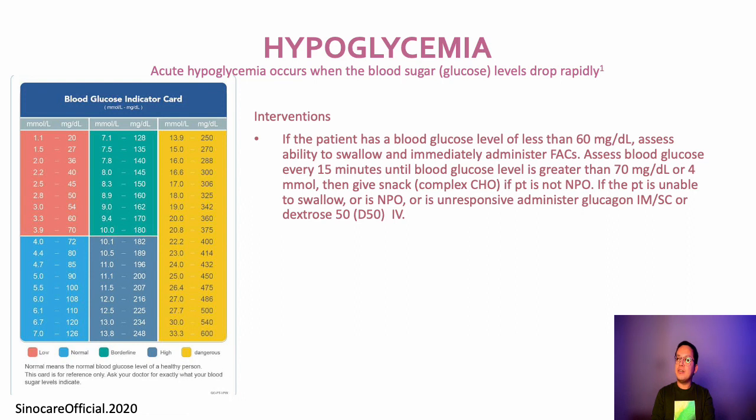Now, what are the interventions for hypoglycemia? If the patient has a blood glucose level of less than 60 milligrams per dl, assess ability to swallow and immediately administer FACs. Assess blood glucose every 15 minutes until blood glucose level is greater than 70 milligrams per dl or 4 millimole, then give snack. If patient is not NPO, and that patient can tolerate and swallow. If the patient is unable to swallow or is NPO or is unresponsive, administer glucagon IM or SC or dextrose